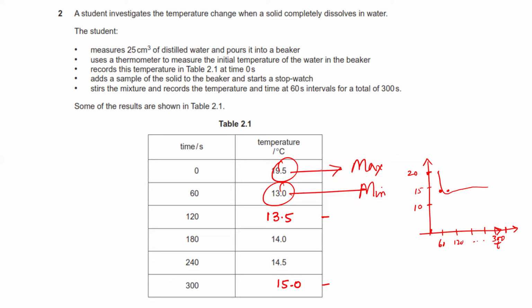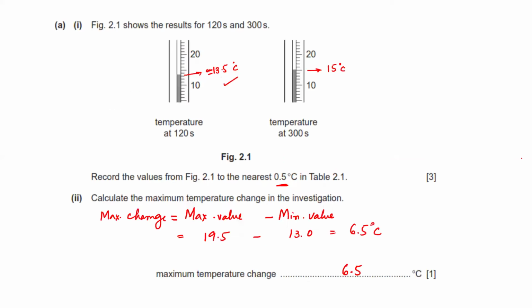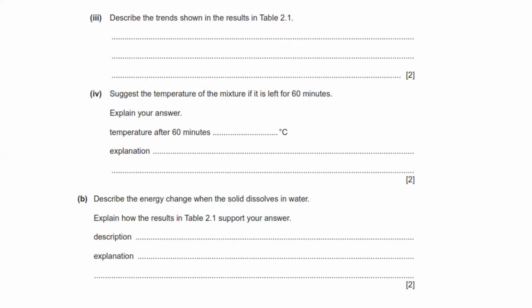Okay, so what we see here is that the temperature rapidly falls initially, then starts to increase at a steady rate. So it rapidly falls, and the rate of increase from here is 0.5, 0.5, 0.5, 0.5. So this rate of change is 0.5 degrees centigrade per 60 seconds or per minute. You can also write it like this. Okay, so just simply write here, describe. You have to describe the change. So